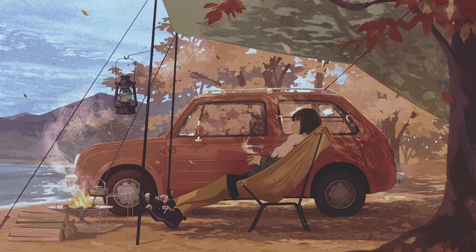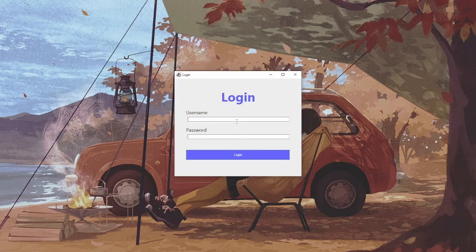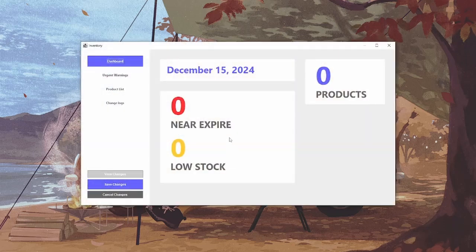First, launching the program, it will ask for your credentials, your username and your password. As an example, we will put in my name and my password, which is 123, and it will ask for confirmation if the details written are correct. After that, you proceed to log in where you just input the same credentials. If the credentials are correct, you can proceed to the inventory management system.